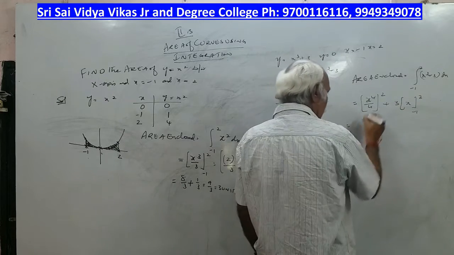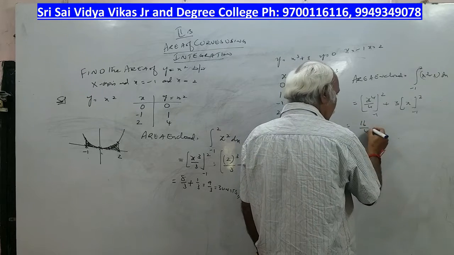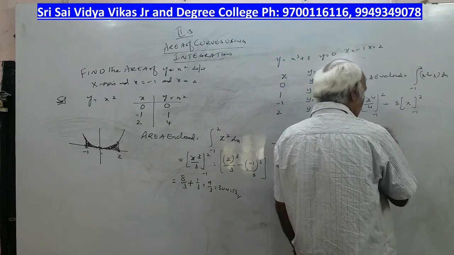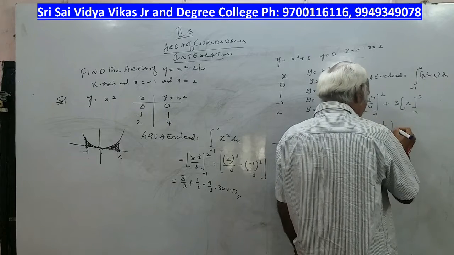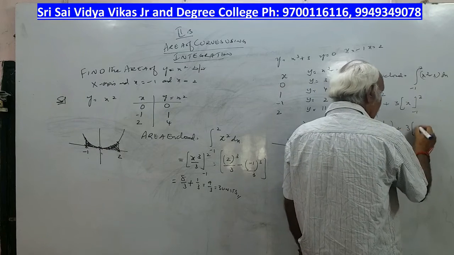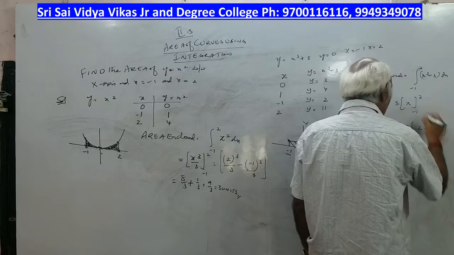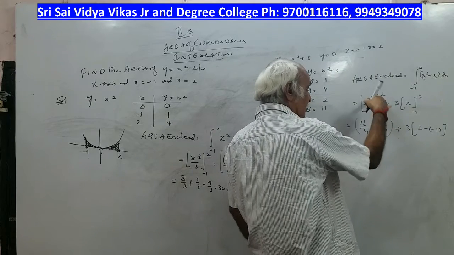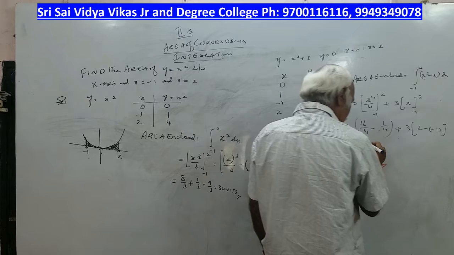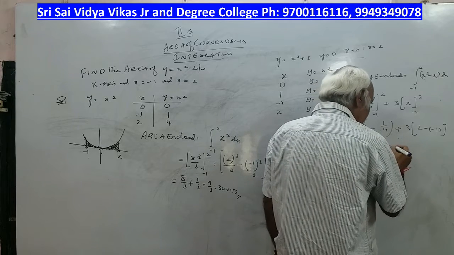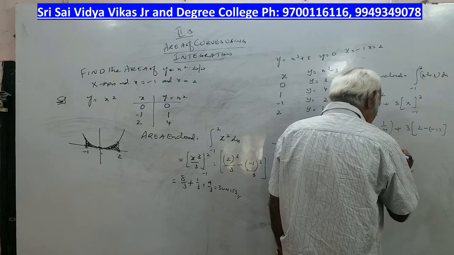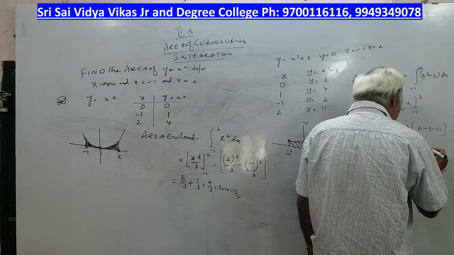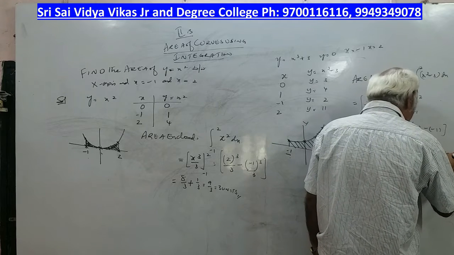So this becomes 2 power 4 is 16 by 4 minus the lower limit, minus 1 power 4 means 1 by 4, plus 3 into 2 minus of minus 1, upper limit minus lower limit. 16 by 4 minus 1 to the power of 4 is 1 only, so 1 by 4, so 15 by 4, plus 3 into 3, 9. So LCM is 4, so 15 plus 36, 51 by 4